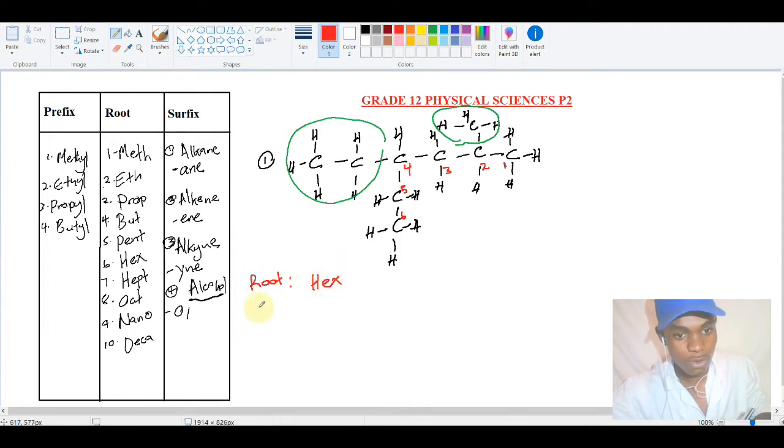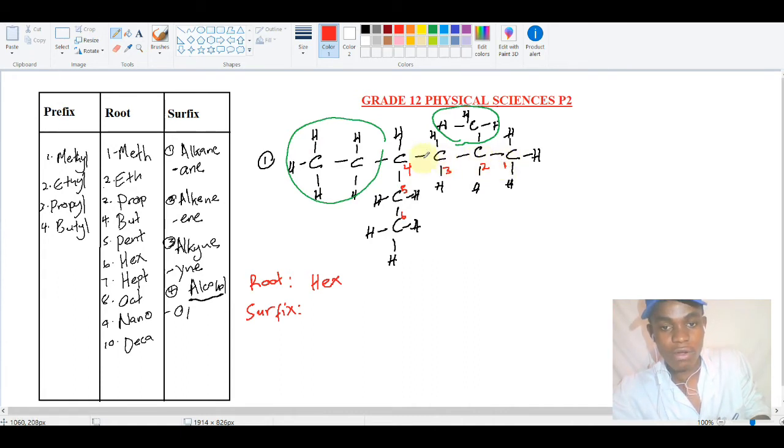And then we go to our suffix, right? For our suffix, we just check what functional group this compound is, right? We need to know which functional group this compound has, right? So we check the position of the branches and all those things. Right now, if you can see here, you've got